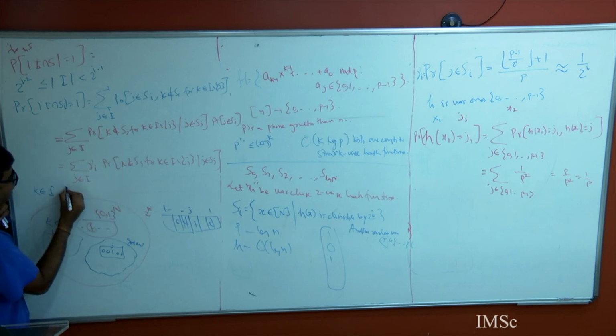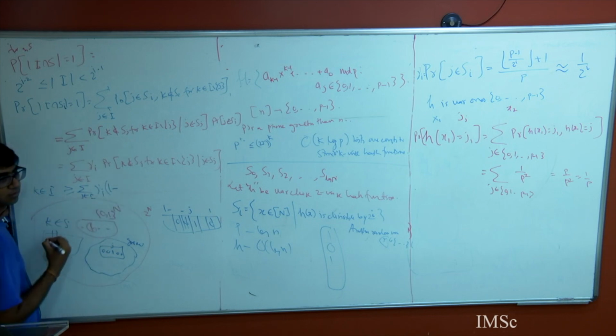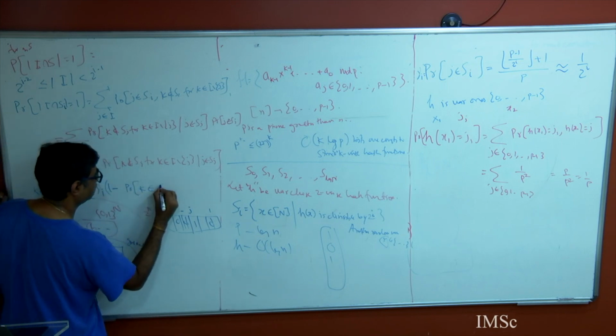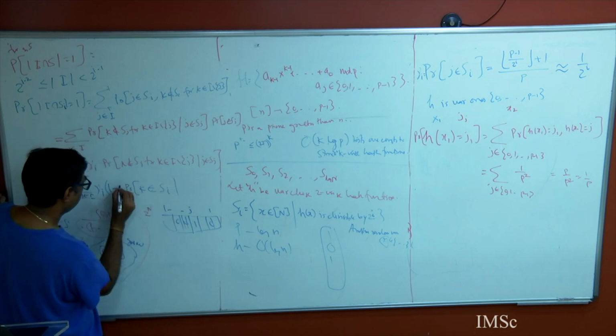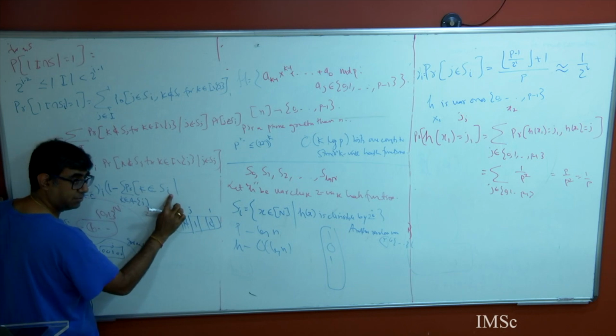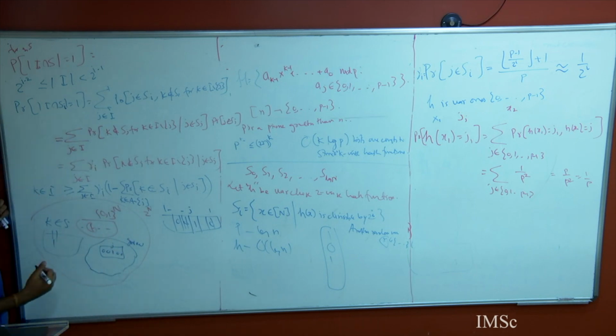So I can write down this as summation J in I, gamma I, times 1 minus summation over K in I minus J of the probability K belongs to SI given J belongs to SI, right? This is what it is. Because I have taken the union bound, I am only subtracting more, because maybe two sets could intersect, right? So I am only subtracting more, I am not subtracting less. That's all.